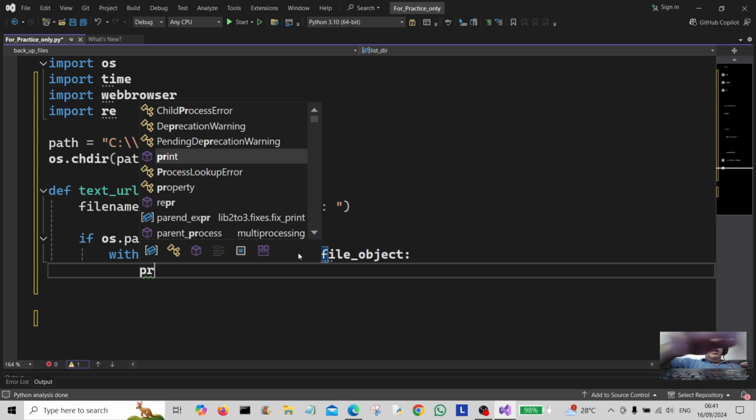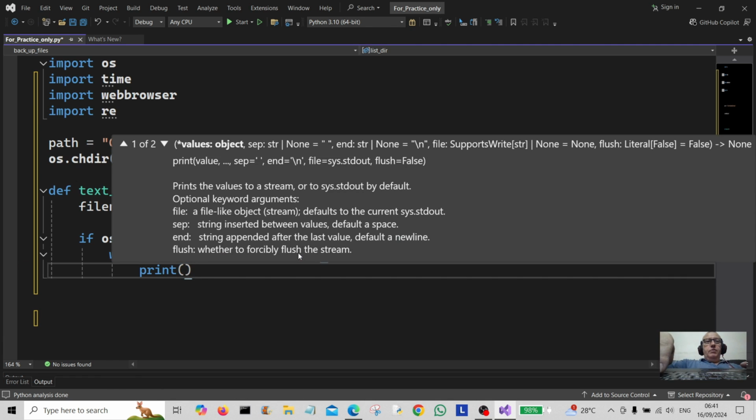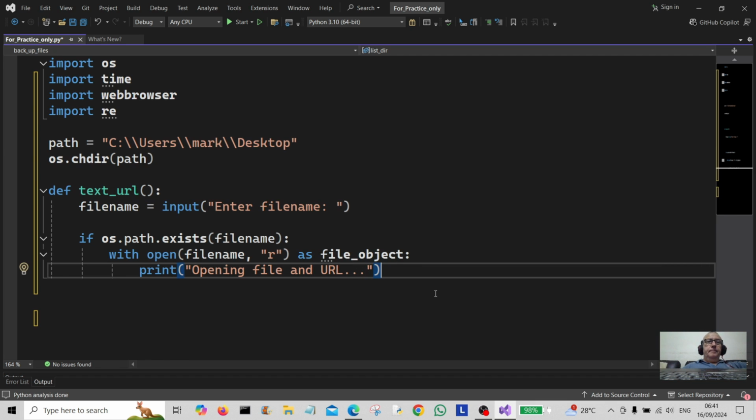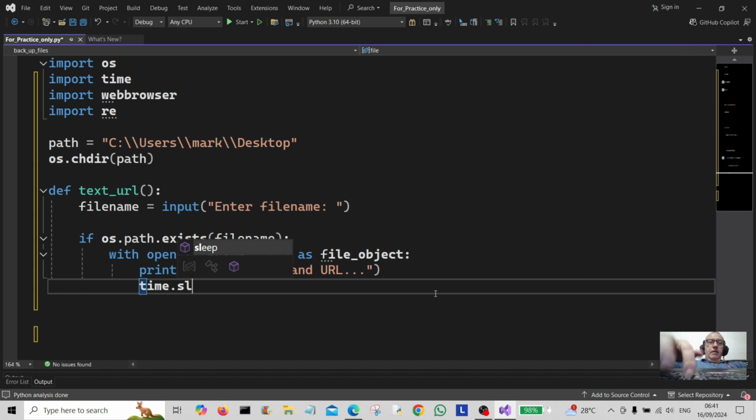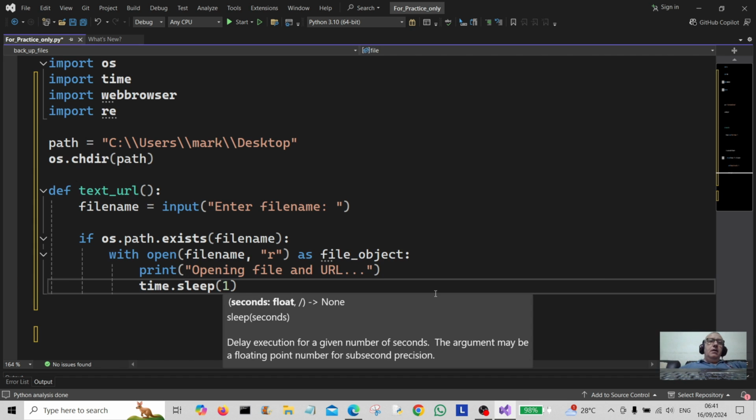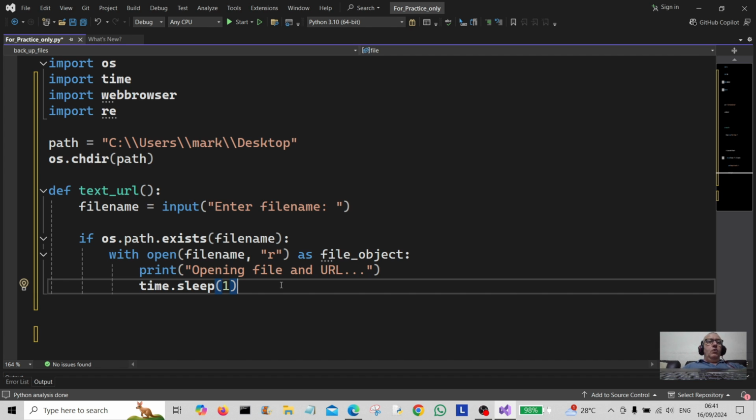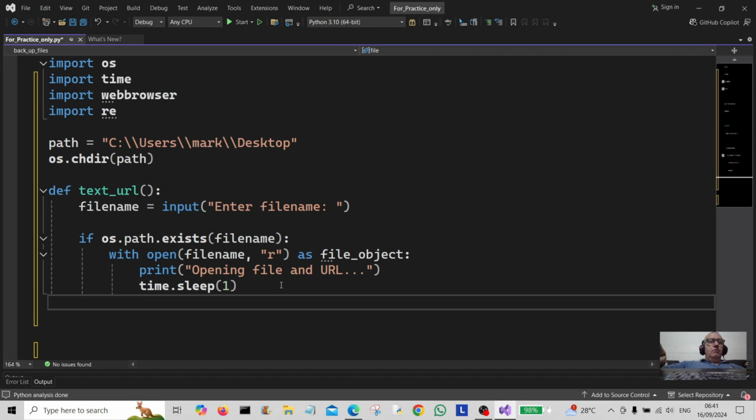Okay, and then we're going to print a message to the user telling the user what we're doing, which is going to be opening file and URL. Okay, so I'm going to do time.sleep. This will pause it, and I'm going to add 1 in here which represents 1 second, so we will pause the program for 1 second. Then I'm going to do a for loop here, so I'm going to